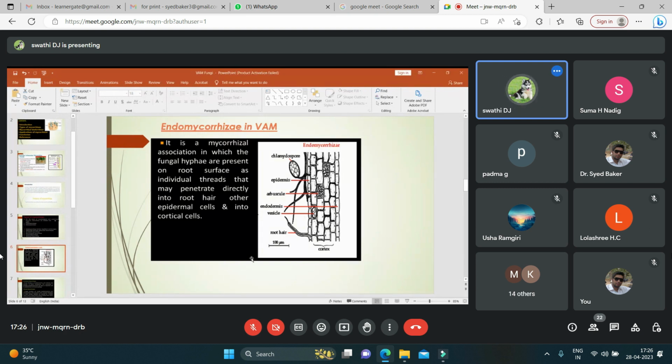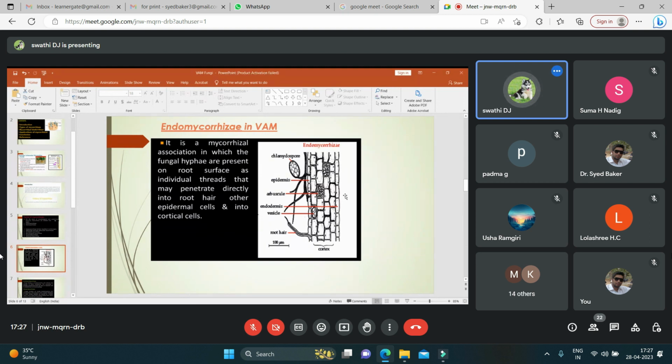Endomycorrhizae in VAM. Endomycorrhizae are present in more than 80% of plant families, including greenhouse and crop plants such as vegetables, flowers, grass, etc. The production of vesicles and arbuscules by the fungus and their penetration of the cortical cells are characteristics of